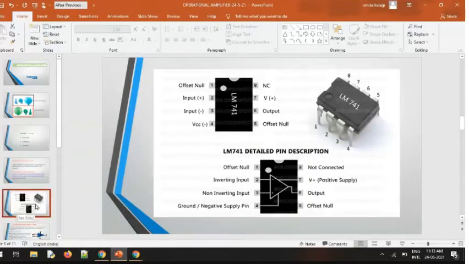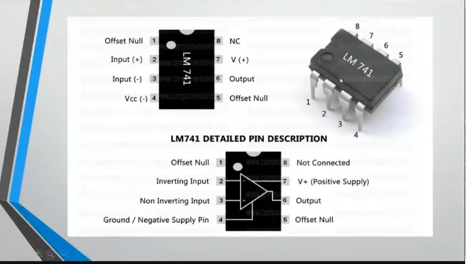Okay, so here we were talking about this 8-pin chip where you have 4 pins on one side, 4 pins on the other side. Out of these 8 pins, 2 are reserved for input, 1 for output, and 2 for the battery supply. We will study this in detail later. I just wanted to show you how the IC is and how the pins are on both these sides. That is, it is a dual inline package chip.